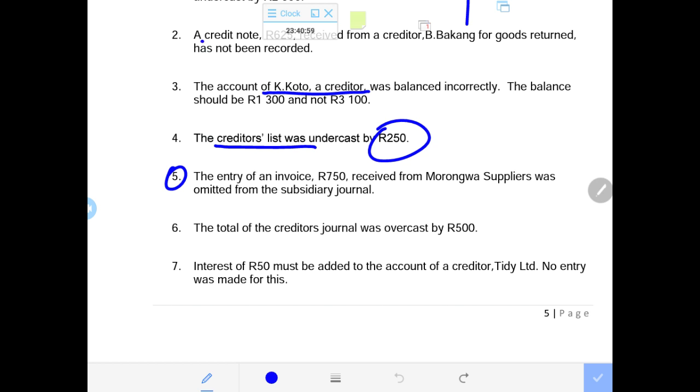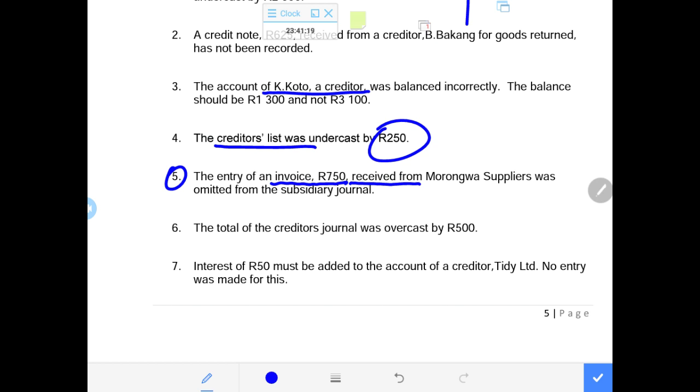But a credit note is received when we return goods to our creditor, which is our supplier. In this case, we have an invoice of 750 that is received from Morongwa suppliers, was omitted from the subsidiary